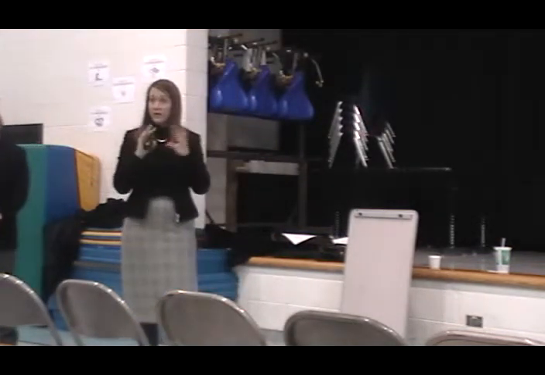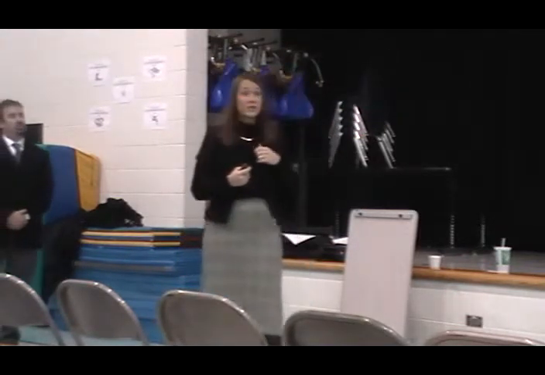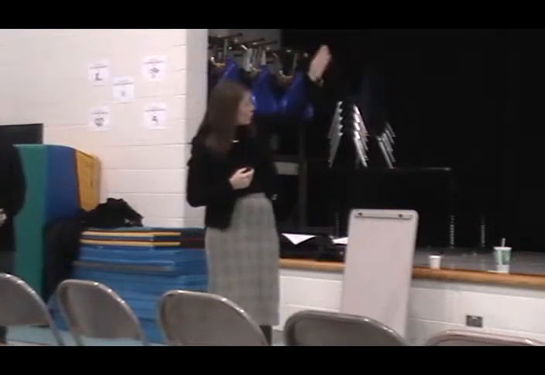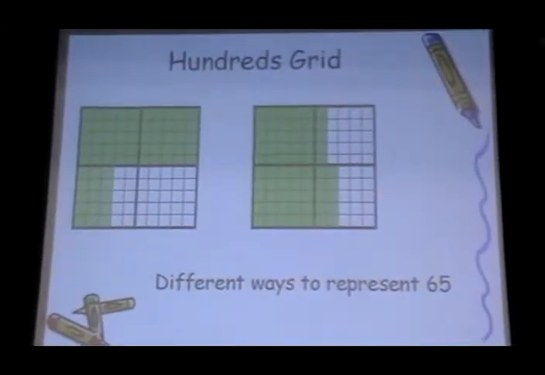In the hundreds grid, some of the ways in terms of building their numeracy is how many different ways can you represent 65? And you can use that 100 frame in a bunch of different ways. If you notice, a column is how many? 10. A row is how many? 10. The top fourth of that is how many? 25. So the kids can actually have those visual models and see how much is filled in without having to